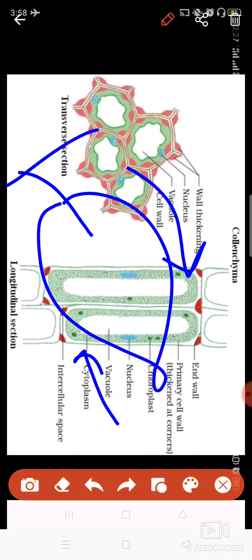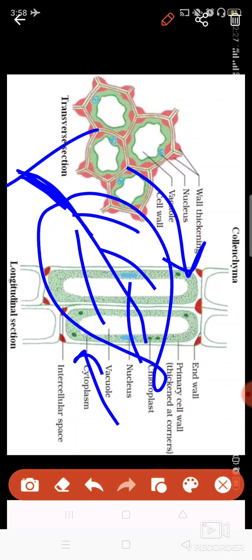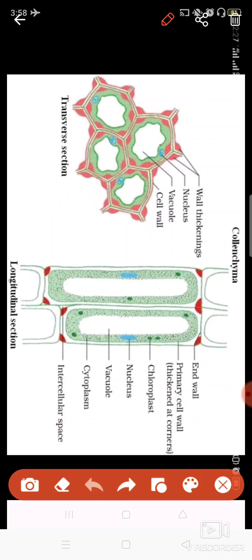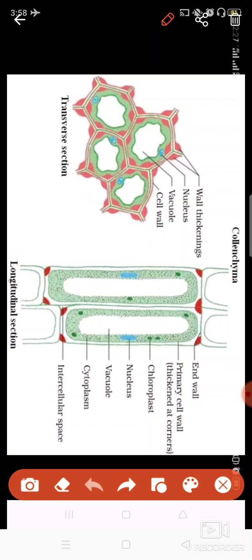That is due to the midrib area, the veins, or the petiole of the leaf, which are made up of collenchyma tissue. That is the reason these blow in the air easily. And in flowering plants, the petioles of the flowers are also made up of collenchyma. In stems and leaves, these tissues provide support and flexibility. And if they have chlorophyll, then they conduct the process of photosynthesis also.